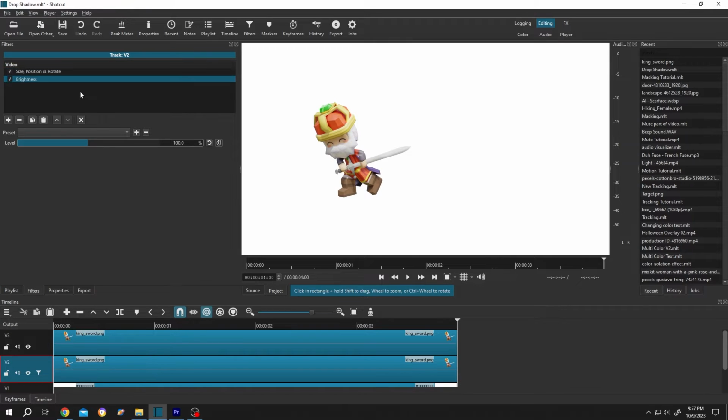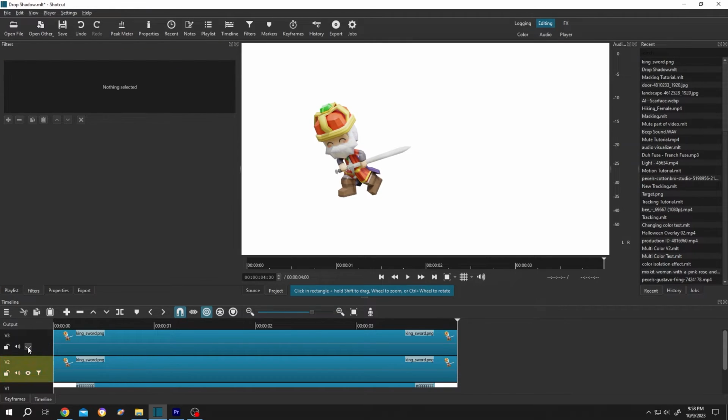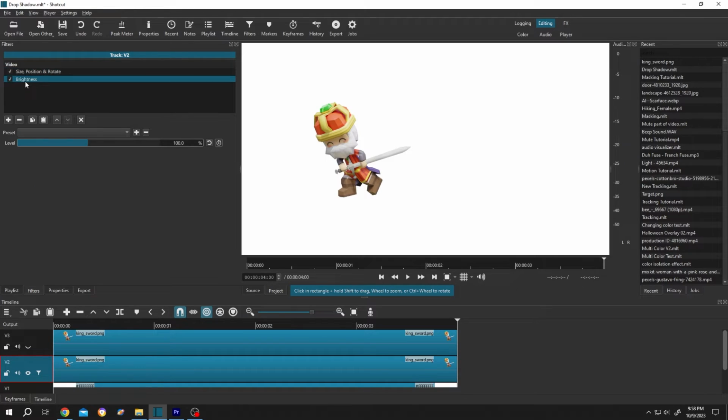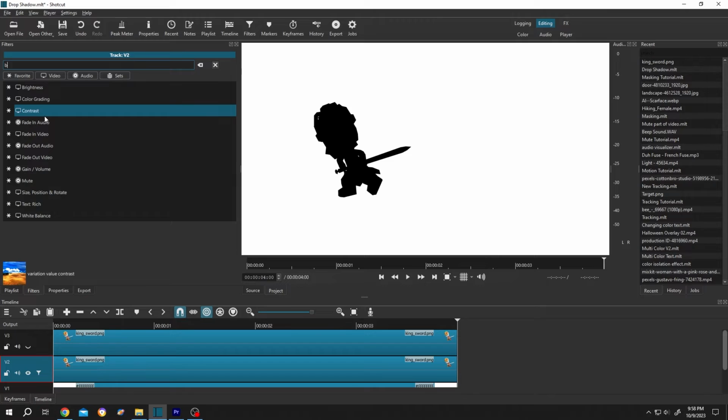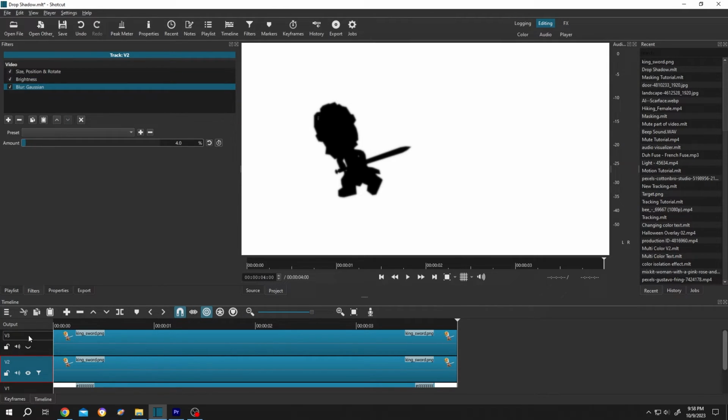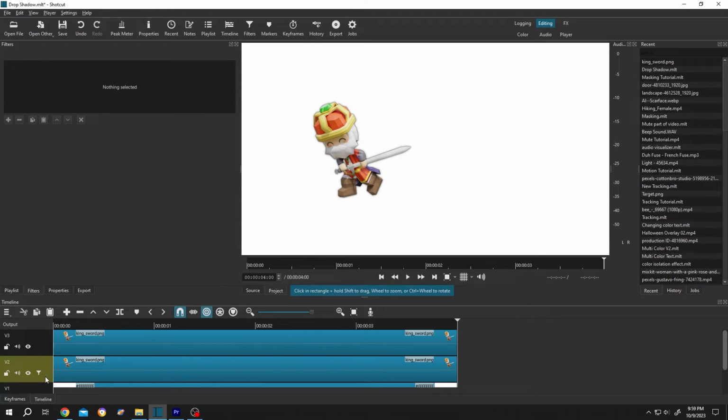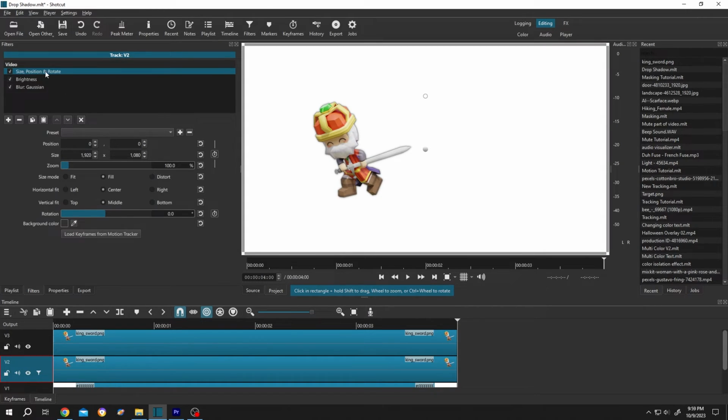single left click. Let's hide the upper layer. Select the second layer again, brightness, drop it down to 0. Now we have totally black and white character. Now add another filter, blur, Gaussian blur. Now enable the upper layer, select the shadow layer again, size, position and rotate, move the shadow where